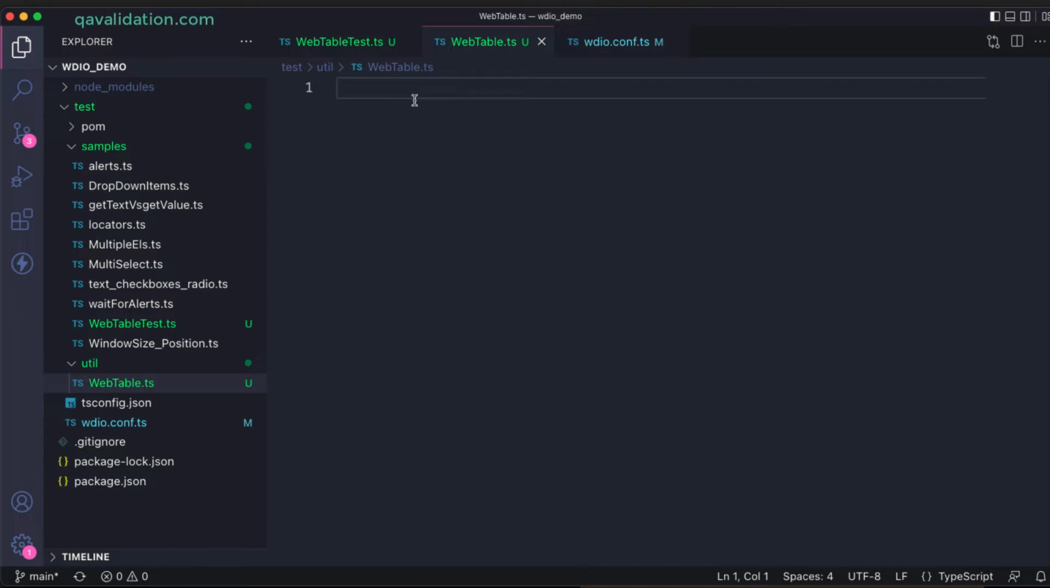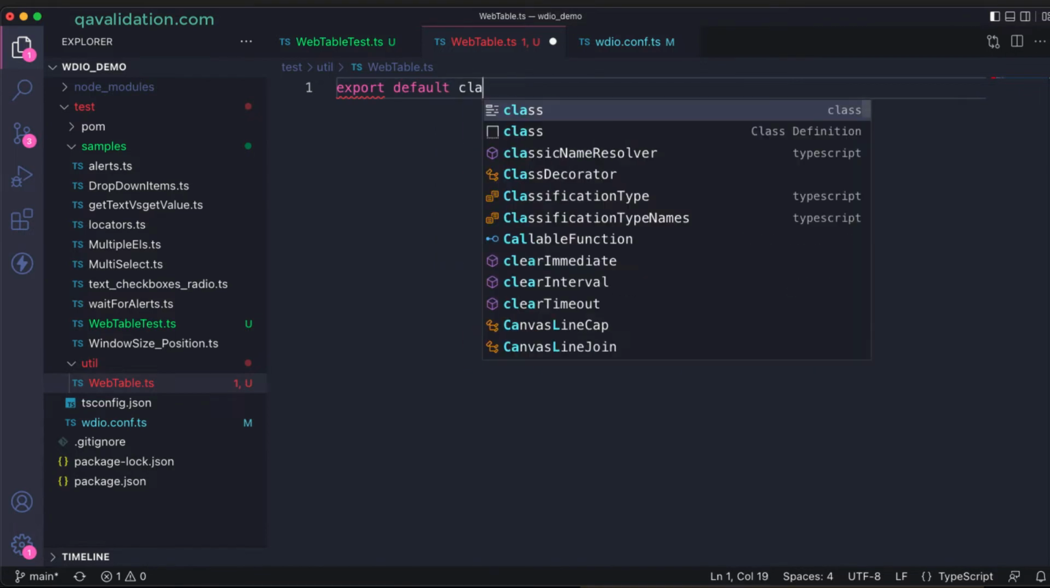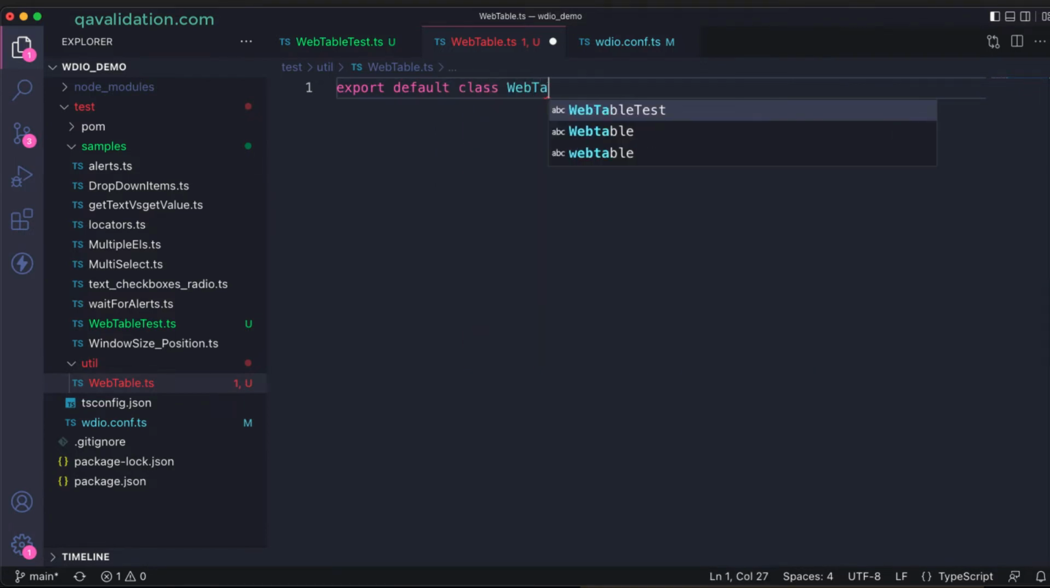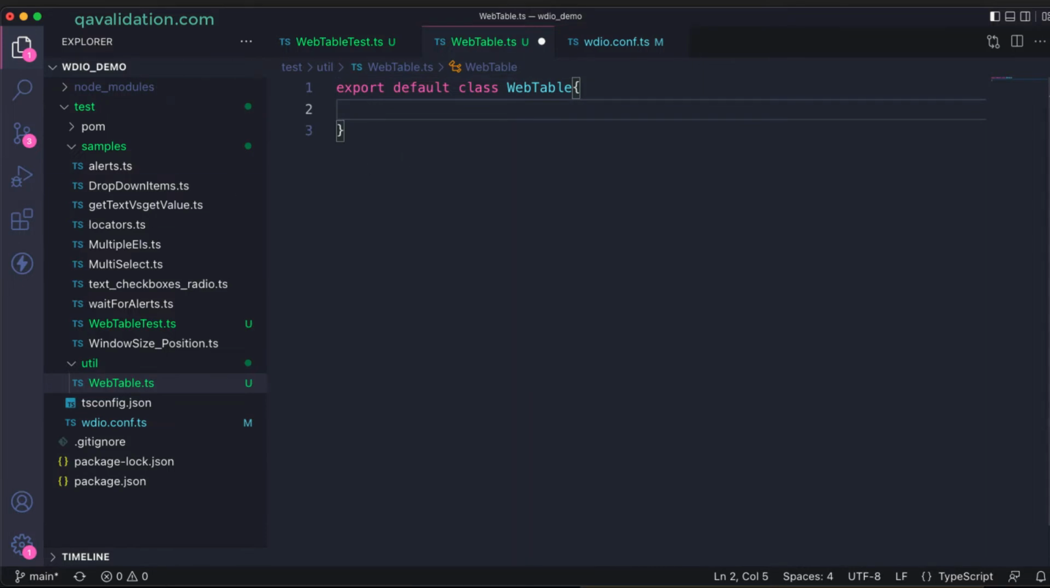Okay, so let's create a class inside this webtable, inside my util folder. I will say export default class. Let's name it webtable, or you can name it anything. Inside this class we are going to have all the methods that are required to handle the table. Okay, fine. So the first thing is that we need to create a constructor which will accept